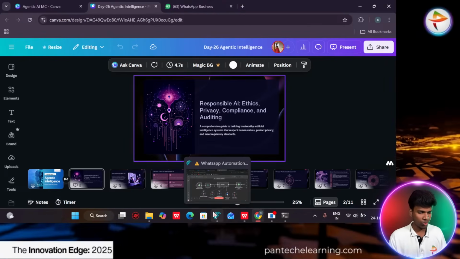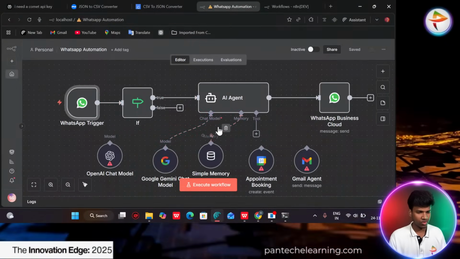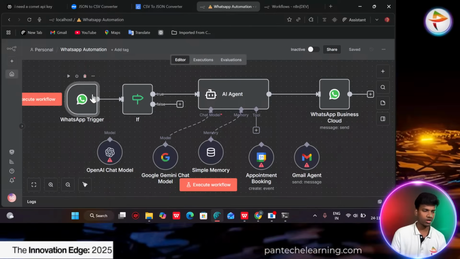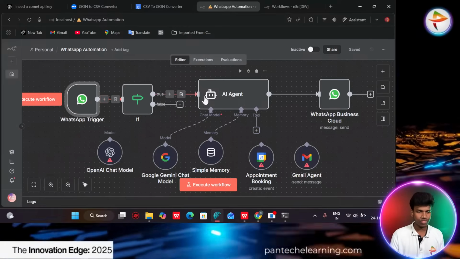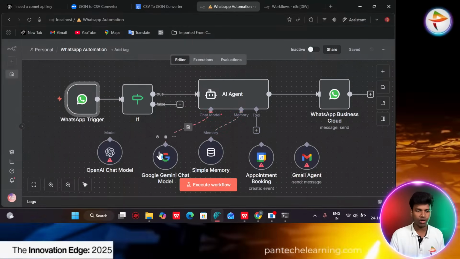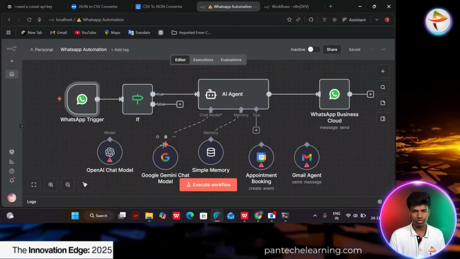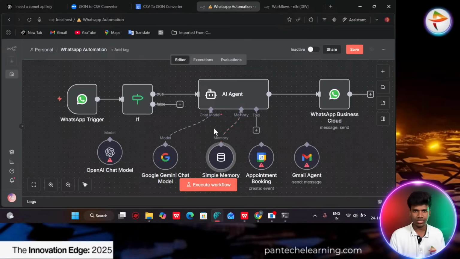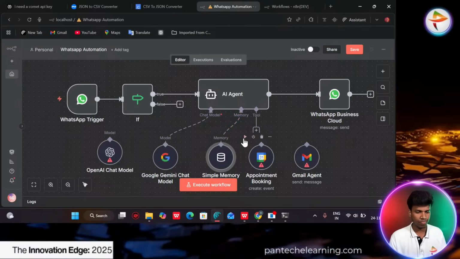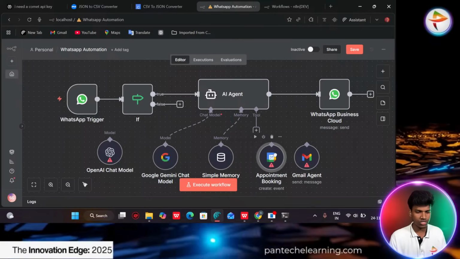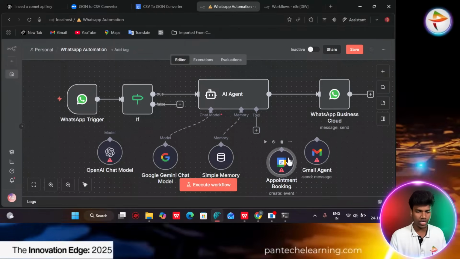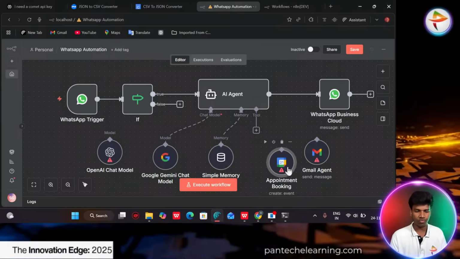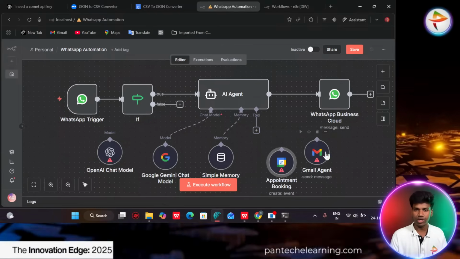First, I have to show the workflow. Now you can see, this kind of workflow you already know. It starts with a trigger node, then passes into the agent. The agent, with the help of the chat model, develops the conversation, and memory stores our messages and keeps them in one place. These two kinds of nodes we will not use today. We will discuss these three, calendar and Gmail, in the next session.